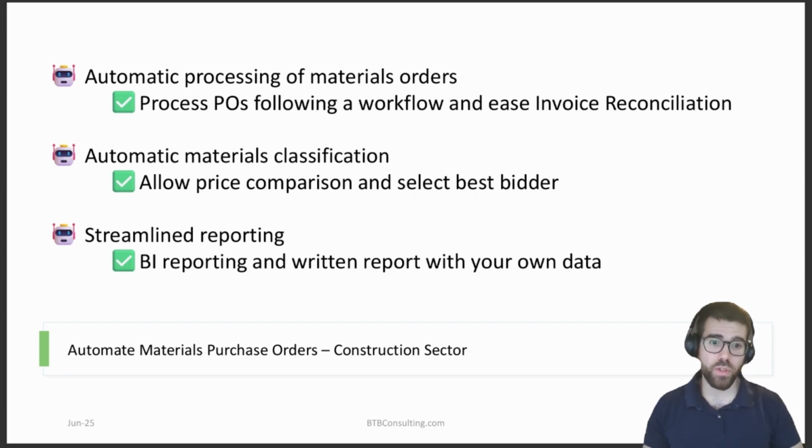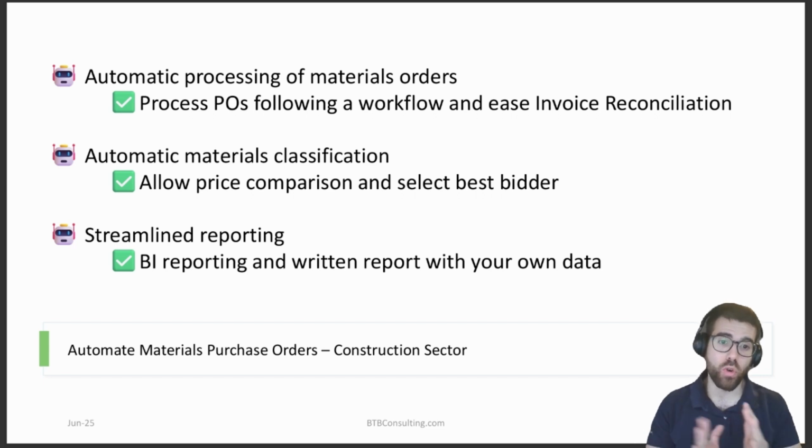The first part of this process consists of getting the information out of the materials orders that the suppliers hand over to the company. And what we do is extract all the information from the line items so that we can then use that information to drive the whole process, which is tracking the delivery and also doing invoice reconciliation.